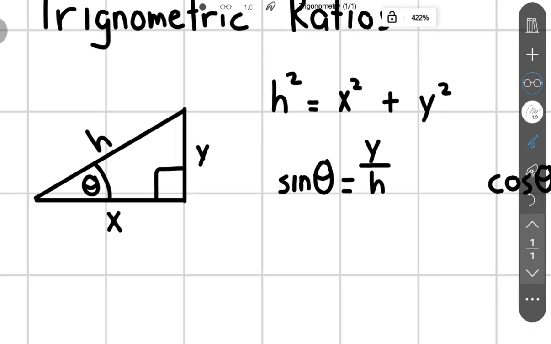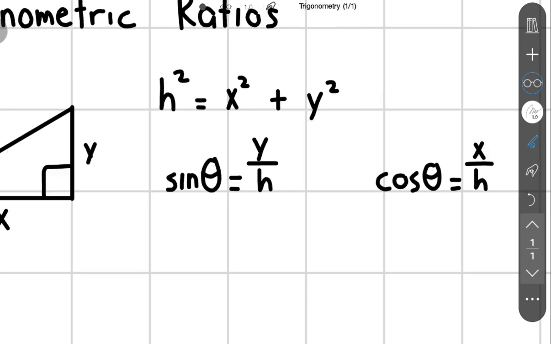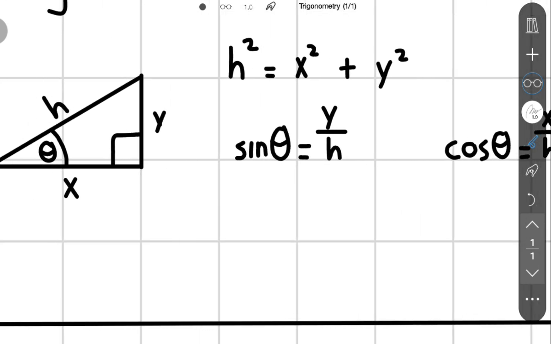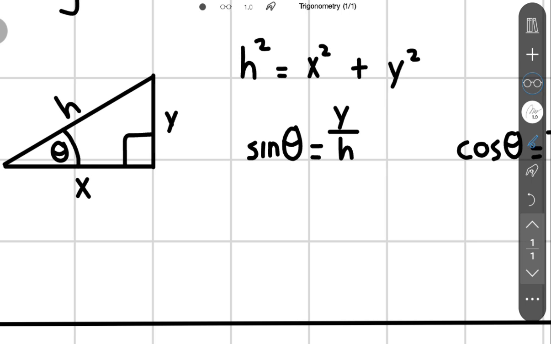If you look at sine, it's the ratio between the opposite side with respect to the angle you're looking at over the hypotenuse. With cosine, it's the adjacent to the hypotenuse. And with tan, it's the opposite over the adjacent with respect to the angle you're looking at. So in general, you're dealing with ratios. But what if we're dealing with triangles that aren't right angled? So we're going to look at